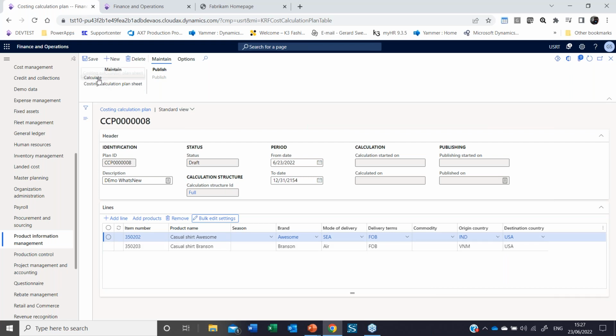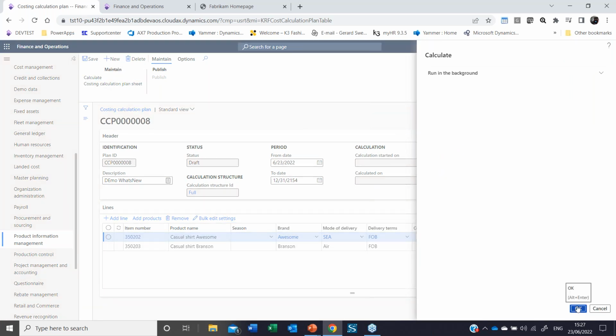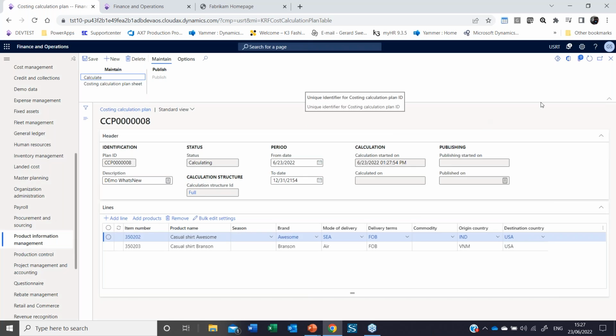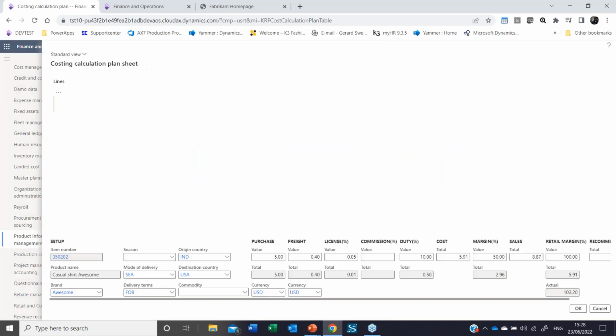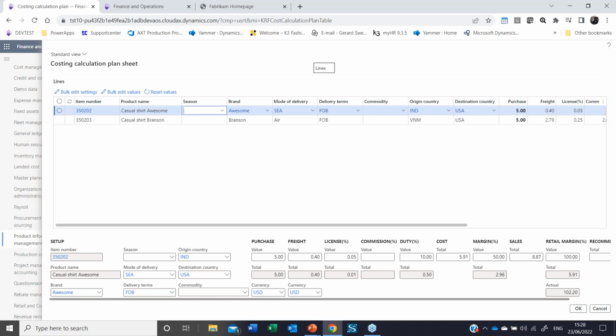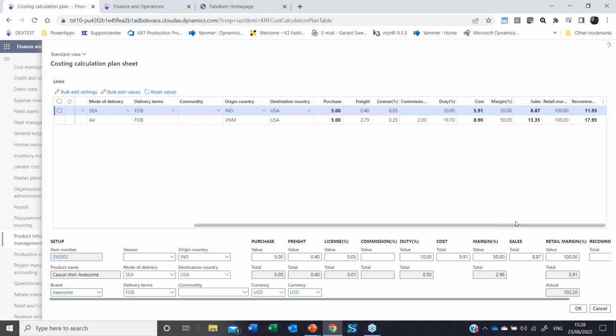The next step will be to calculate. And of course, everything you calculate can be run in batch. Let me see. It's being calculated. And the outcome, well, it's a rather big form. We can see the same item costing sheet, but instead of top down, it's from left to right, where we can see per item the different values which the calculation depends on, right? Again, it starts with a purchase price, freight, license, commission, duty, ends up at the cost price, margin, sales,